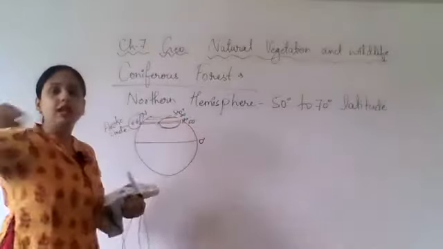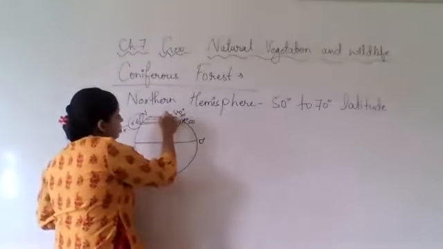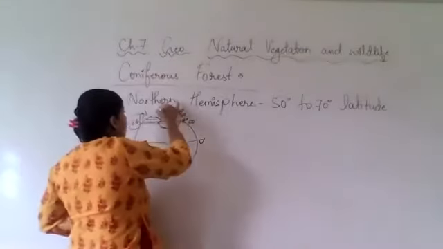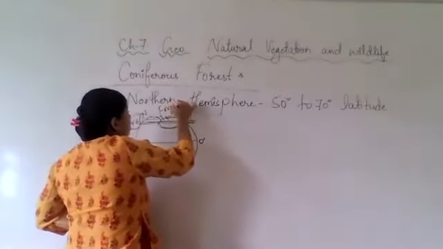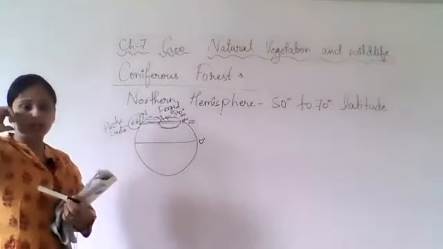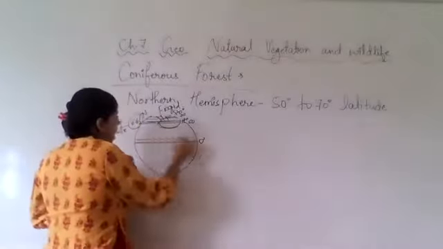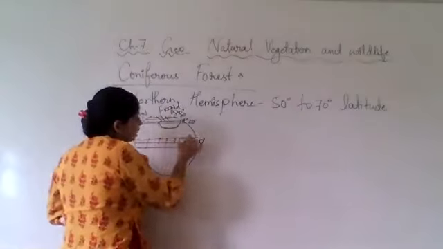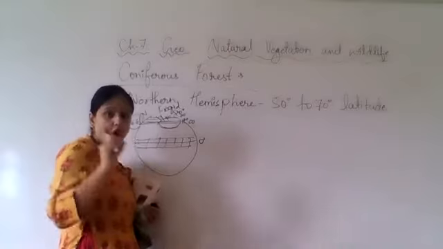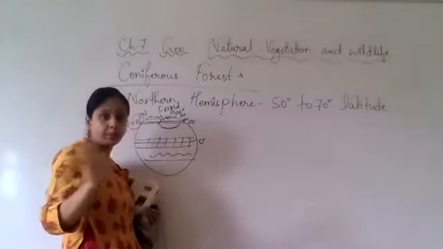Now, near the Arctic Circle, if you remember, beyond it we have the freezing zone, which is very, very cold. The coldest region of the Earth. Here you have the hottest region near the equator. This is the tropical zone, which is the hottest region. Then you have the temperate one, you have moderate temperature, average